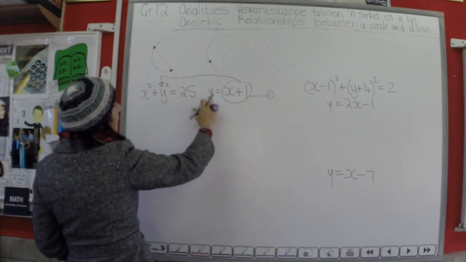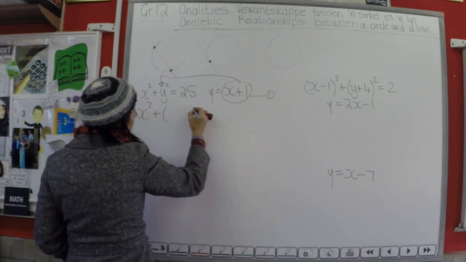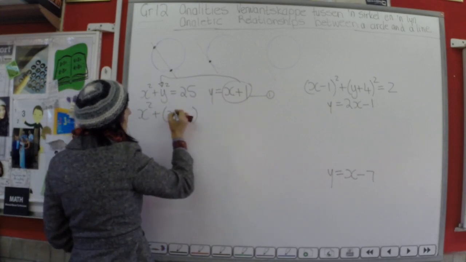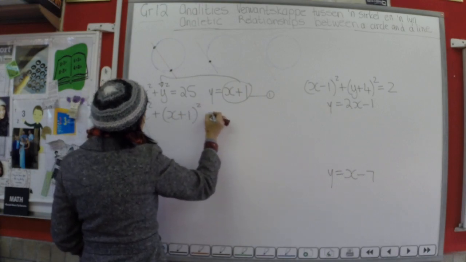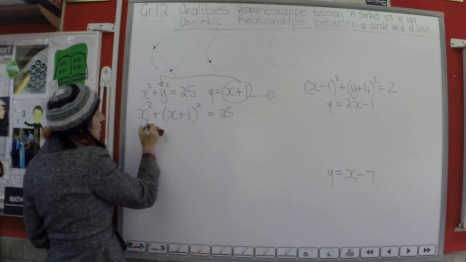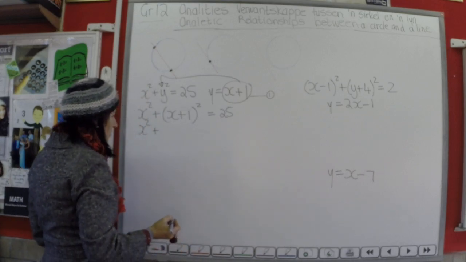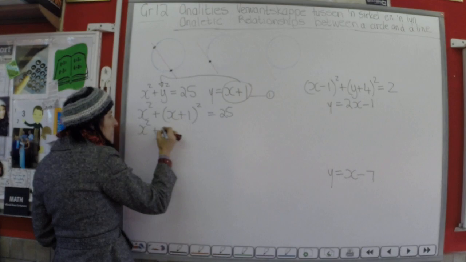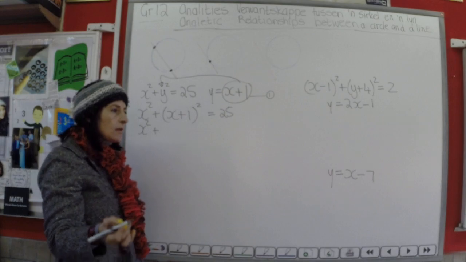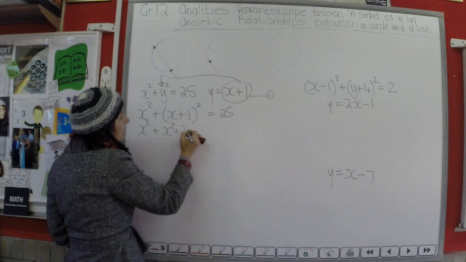Ek gaan vir y vervang met x plus 1, so kom ons gaan doen dit. X kwadraat plus, if I substitute in brackets. So ek gaan y vervang met (x plus 1) kwadraat en dis gelyk aan 25. And now I'm going to solve simultaneously. Now let's x squared plus, and that's not x squared plus 1 squared. It's a trinomial, write the brackets twice and do the arrow method if you still think that's x squared plus 1. So dis x kwadraat plus 2x plus 1